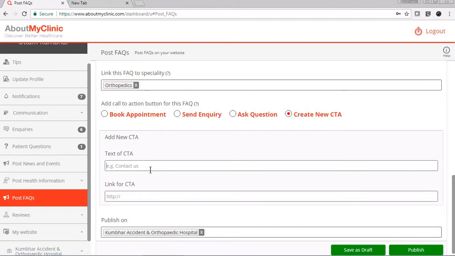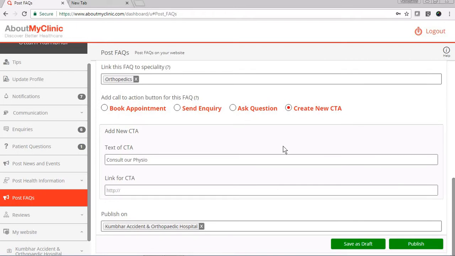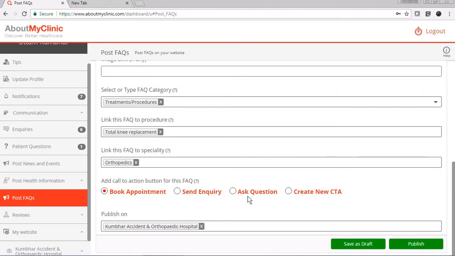Say for this particular FAQ, you add a call to action button as consult our physio. If you want, you can provide any link for that, or you can just keep it as it is, or you can even choose a default button, say book appointment,